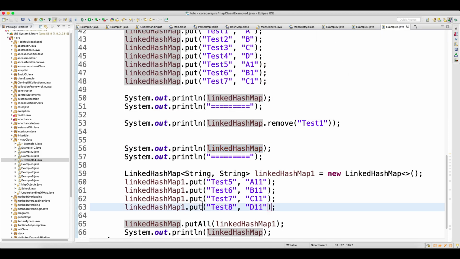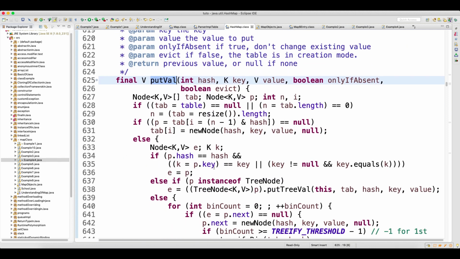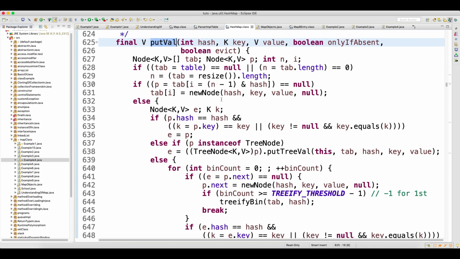So go to the put method now. Try to focus: press control, click on put, go to the put value. What happens here, focus on this method: it will check the hash, and then it will compare the key, it will compare the object of the key.